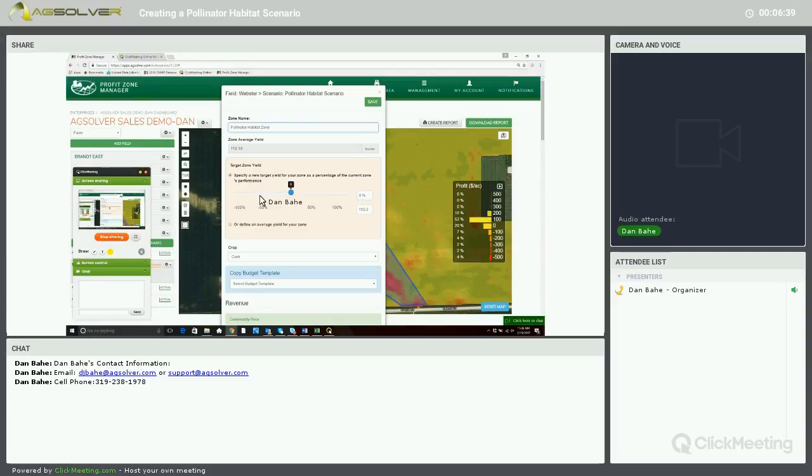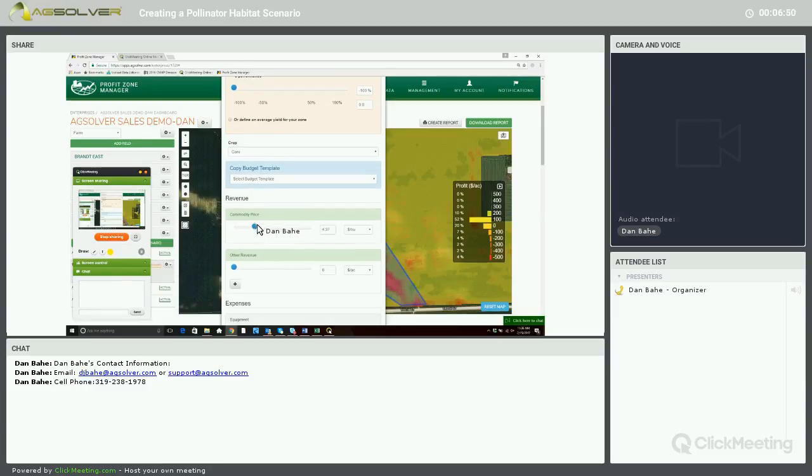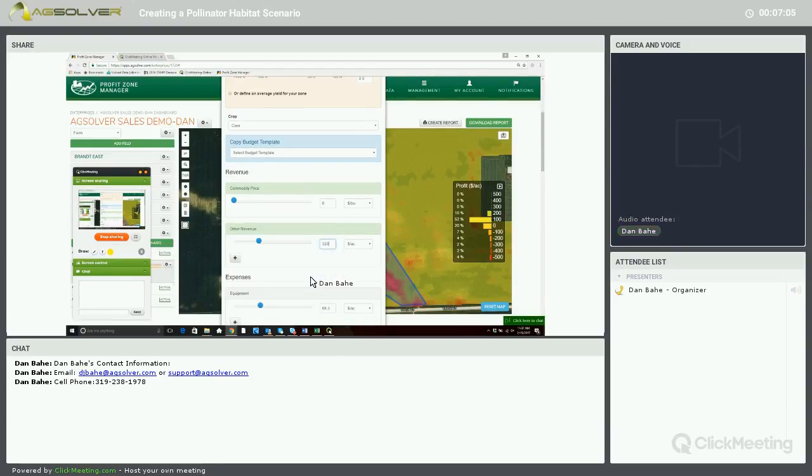What we're going to do is slide our target yield zone to minus 100%, so we do not have any corn production on this ground anymore. And with commodity price, we'll move that to 0. The CRP payment on this particular area, the pollinator habitat payment, is actually $320. I also want to mention in this case, this is a cash rented farm, but the CRP payment will be going to the operator